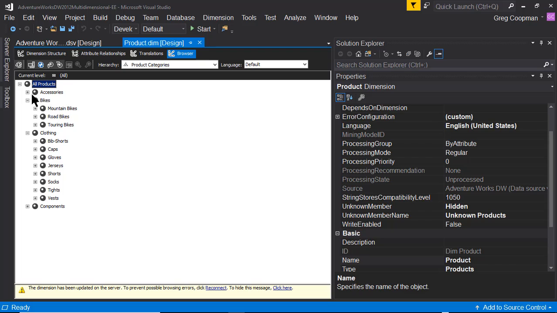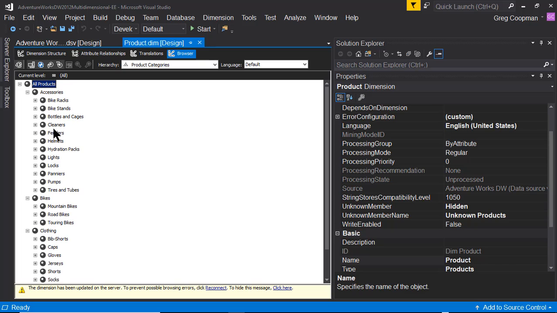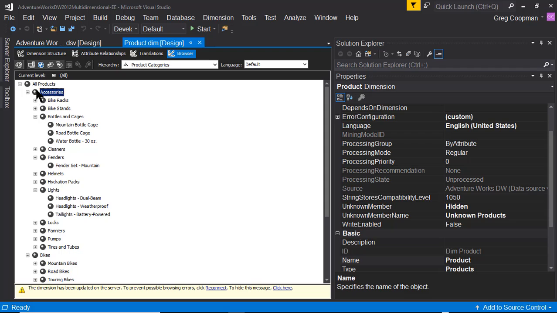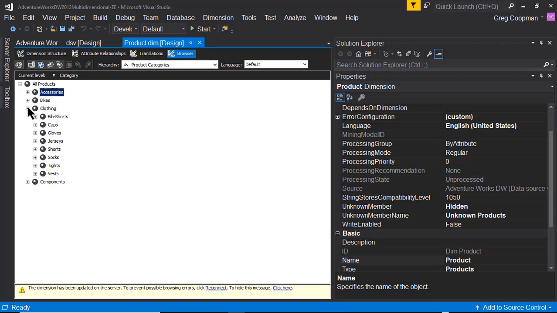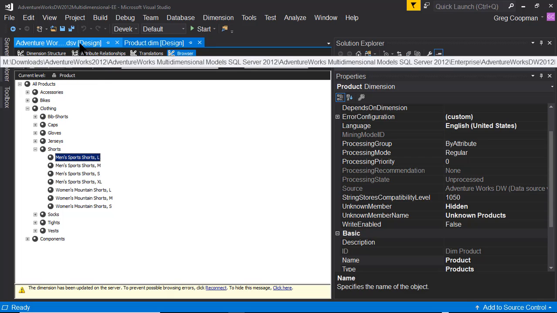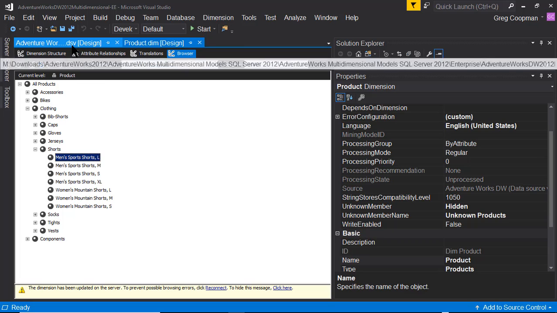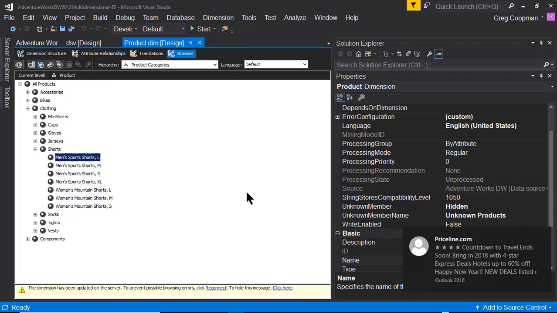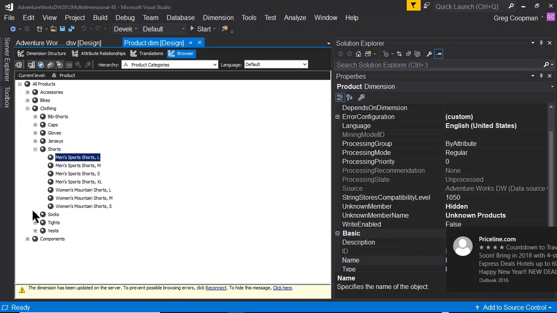So as you see, we have our accessories, we have all our subcategories here, and then we have our product names there. And these are accessories, bikes, clothing, and components, our categories. Below that, these are subcategories, and here's our products. The difference between this and the other dimension, the geography dimension, is that these have a relationship built in as a foreign key relationship